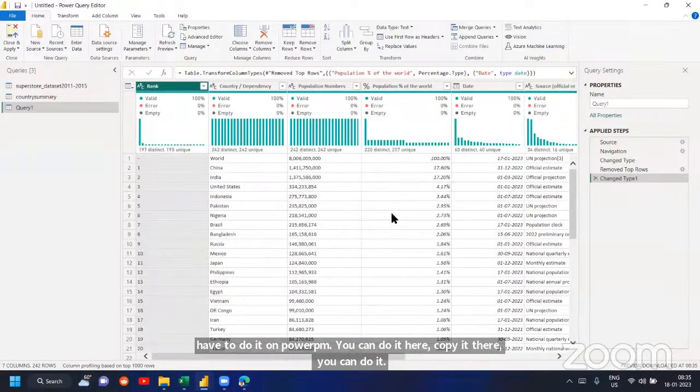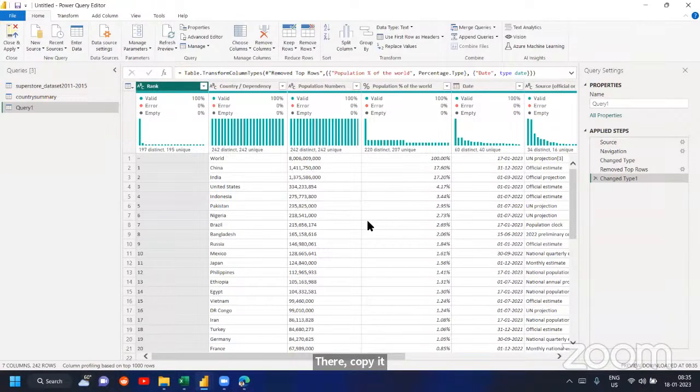Now my Power BI is directly connected to Wikipedia. I don't need to do it manually. Even after 1 month, if I come back, all I need to do is click on refresh and the data will get updated. So that's how powerful Power Query is. You can connect online data sources, you can connect it to SQL, SAP, APIs, Wikipedia, you can connect it to any source. If you know this, you will make your life very easy.